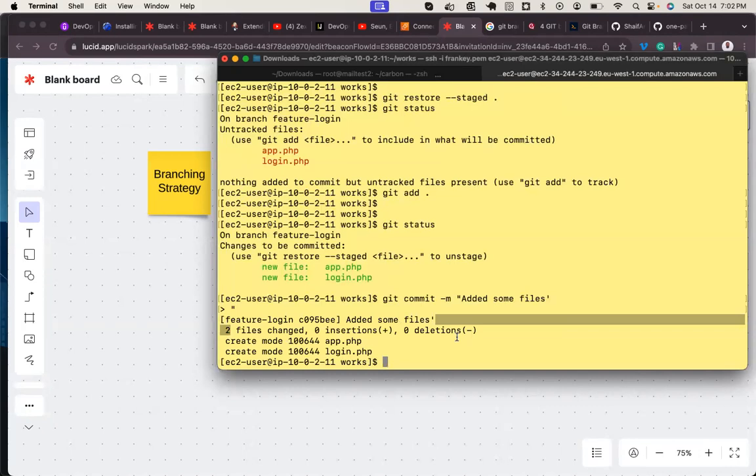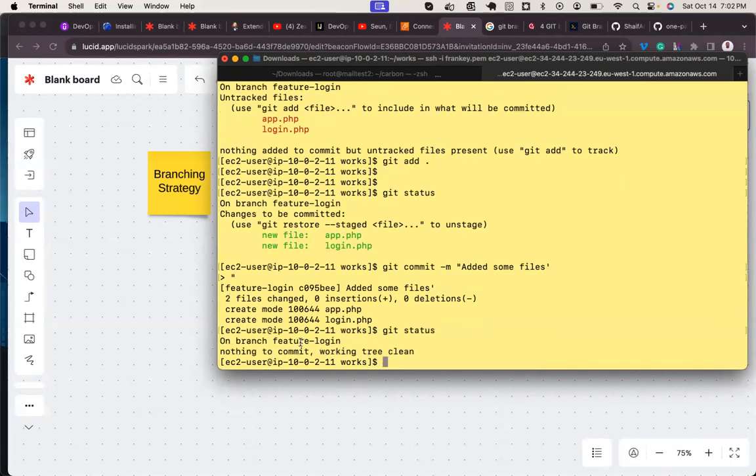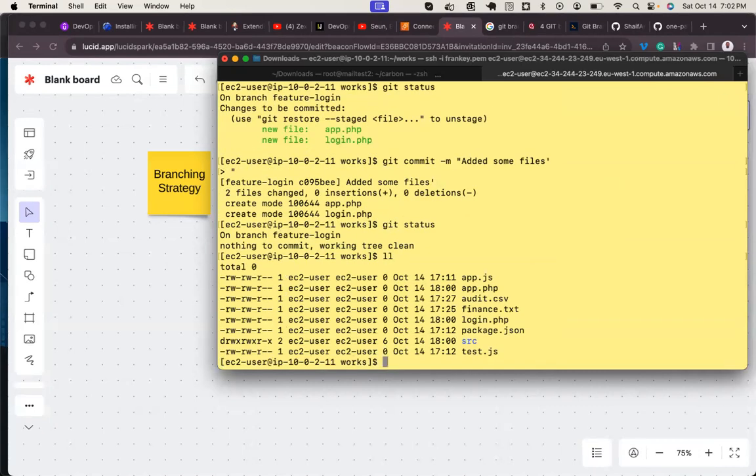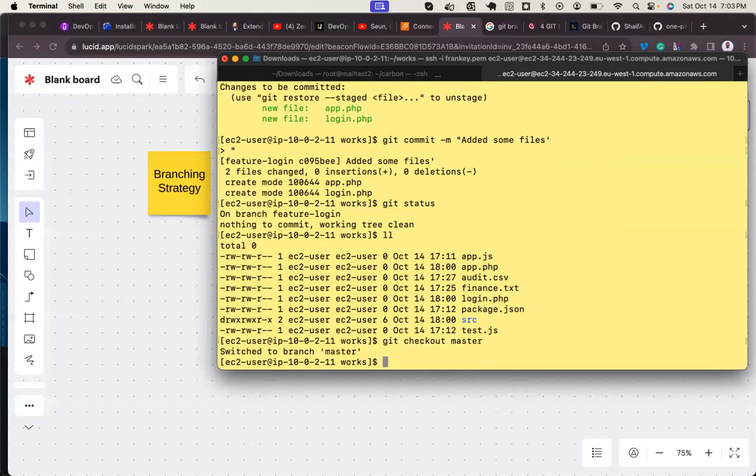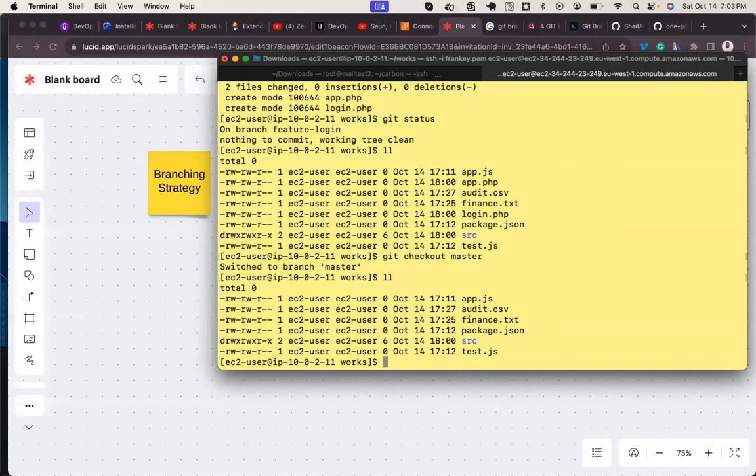Okay, so if we do git status, it tells us that the branch is clean. Now let's check. Why is this directory not adding? Directory is not adding. Okay. We've seen app.php. Now I want to switch branch. Git checkout master. Now let's check those files.